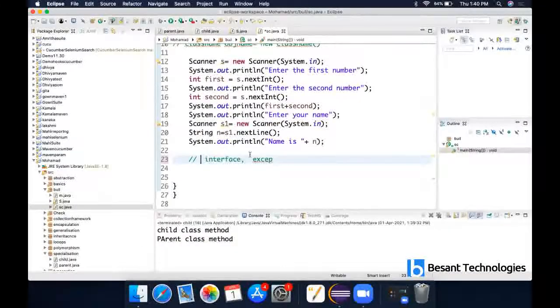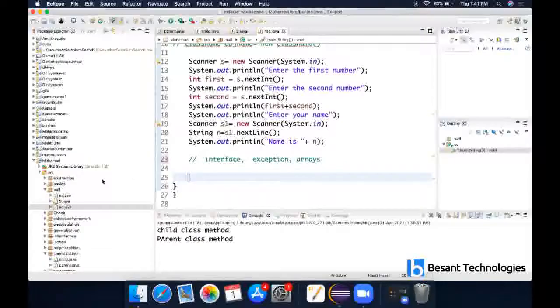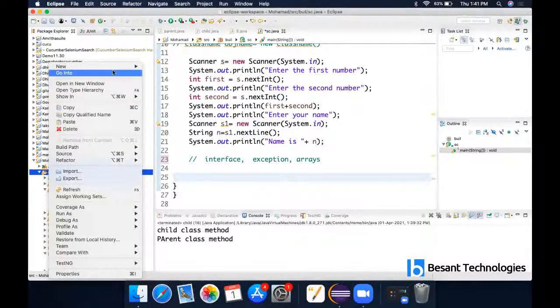Okay, let's see interface. We can continue, right? We have understood math, typecasting, generalization, and specialization. Now, let's see interface.